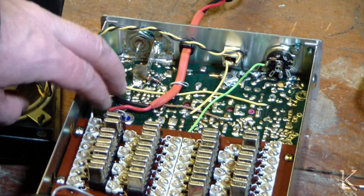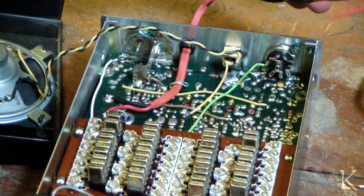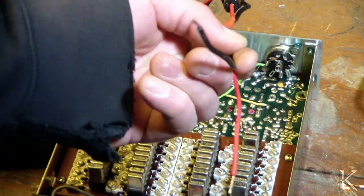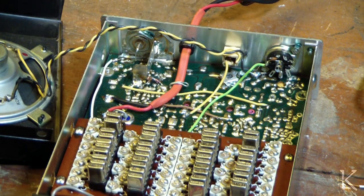Alright, well, I've been doing a little work on this radio for a little bit here, and we're pretty much there. We've got the power cord replaced. You can see I put in a new cord, new fuse holder, and it's just bare ends right now. You could put any kind of connector on it you wanted. If I swing the radio around,